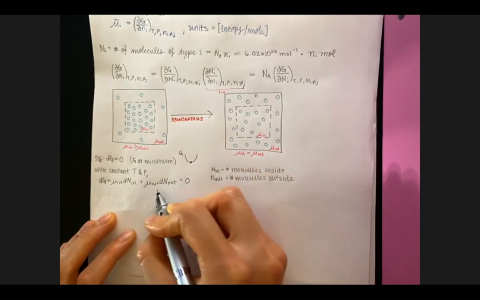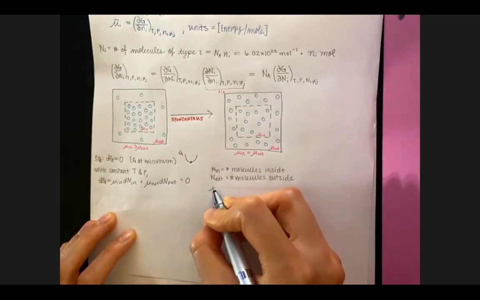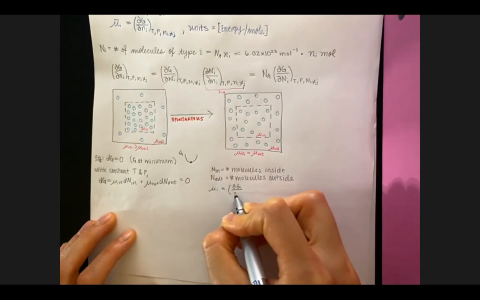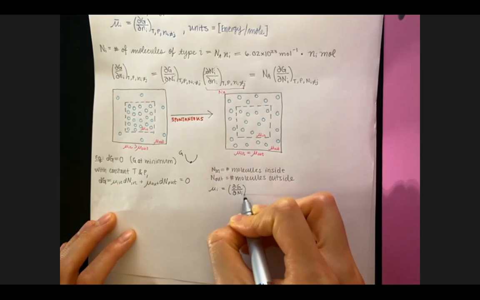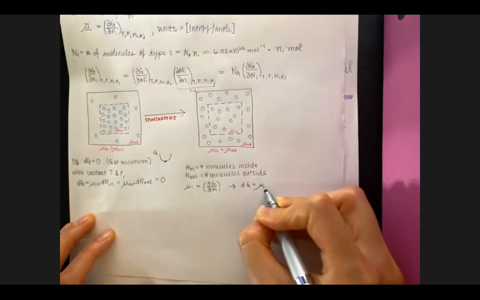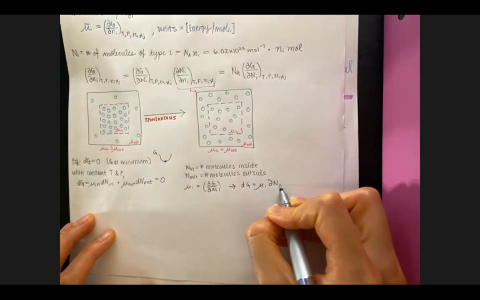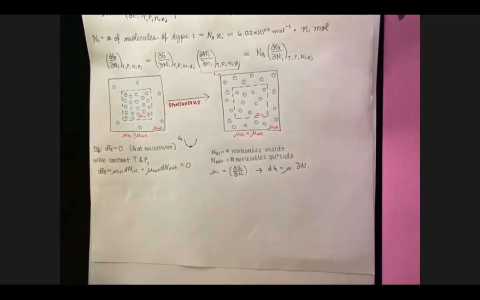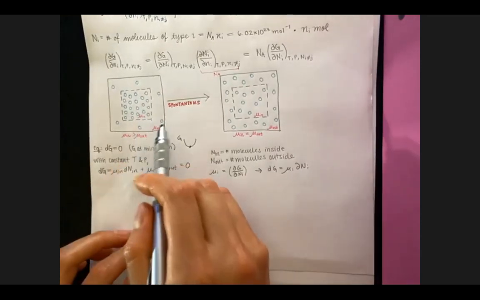And this equation comes from rearranging the equation for chemical potential. So we substitute in, and we also know that if a molecule leaves the inside and